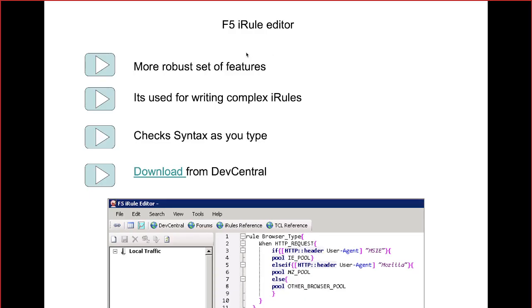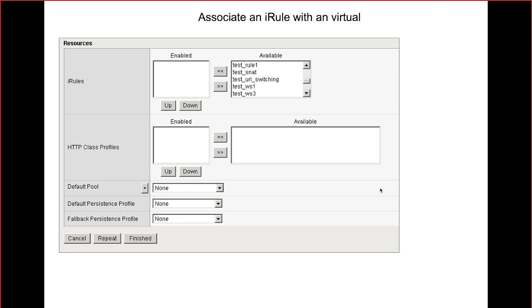Right? You had this iRule editor. You can download it from DevCentral. I already told you this has been discontinued. The main benefit is what? You have a lot of help associated with it, right? You can see the difference of these curly braces and brackets, and you can also see the expressions in different colors, right? This will help you a lot while you are creating it. Then it has to be associated with a virtual server.